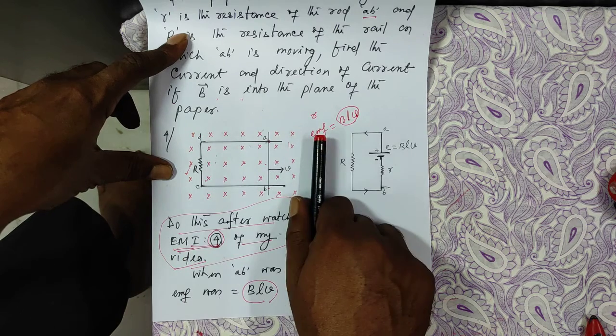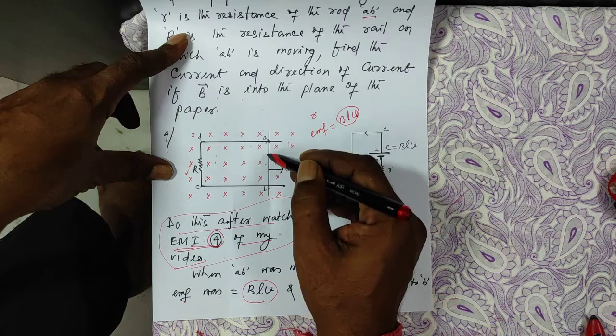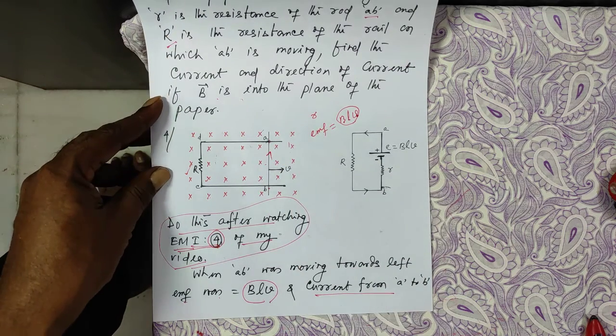Here it is moving towards right. So the current will be from B to A. I will explain you. Wait,